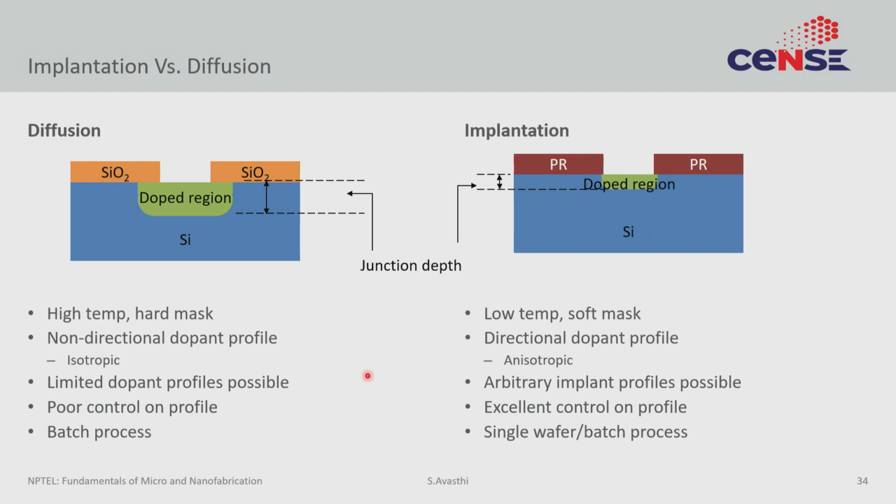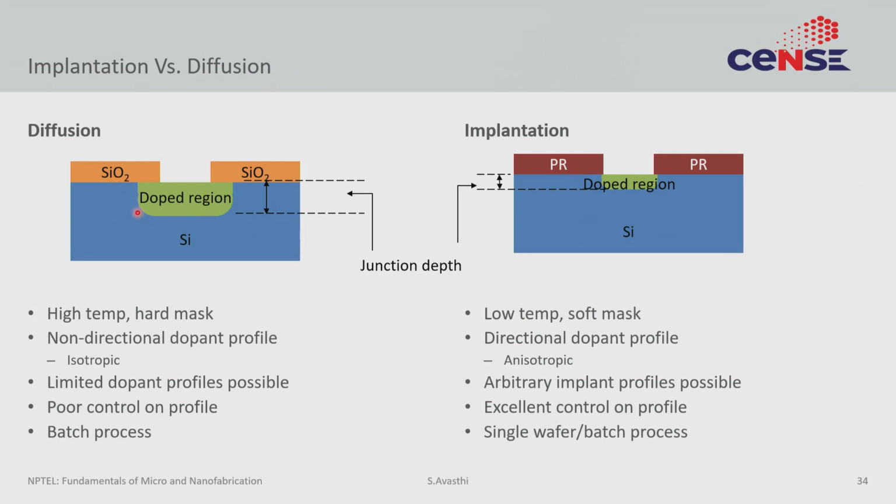However, the masking is a little different. On the left, you typically need a hard mask, something like silicon oxide or silicon nitride, which themselves take some high temperature step to deposit. On the right, the masking can be easily done with just the photoresist. That means the masking step is a low temperature step. The photoresist is often spin coated at room temperature, so it's very simple to do.